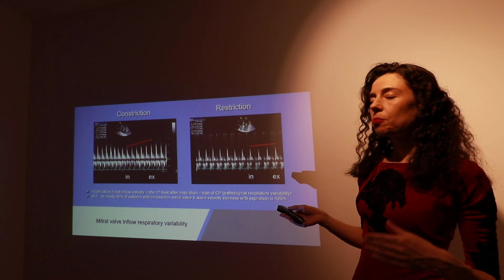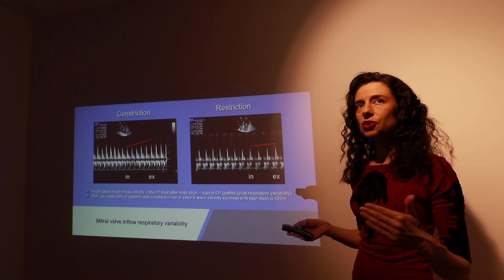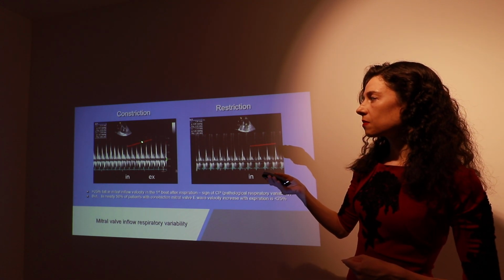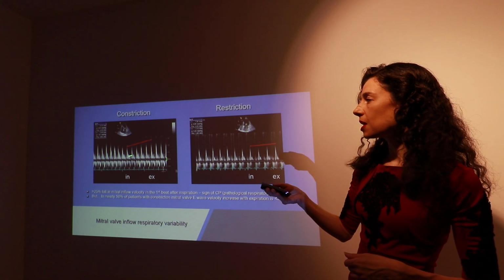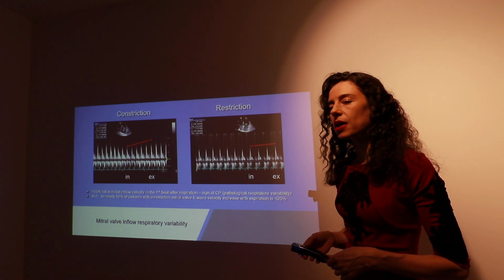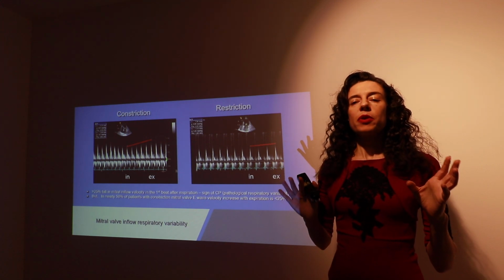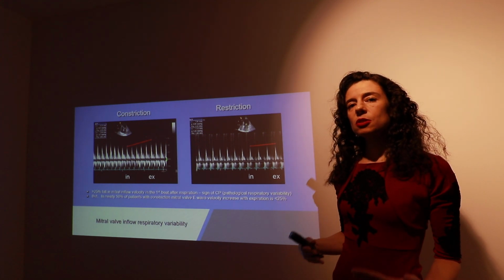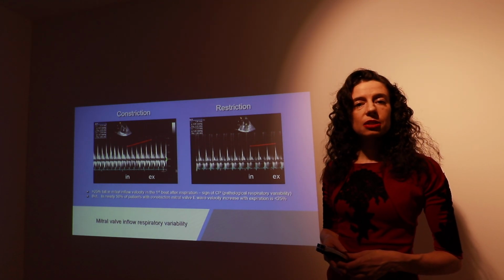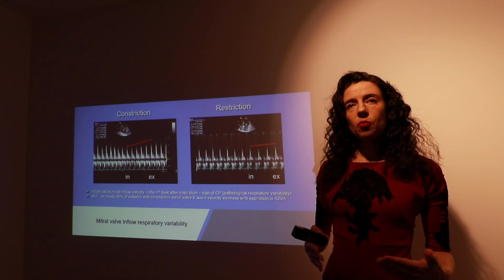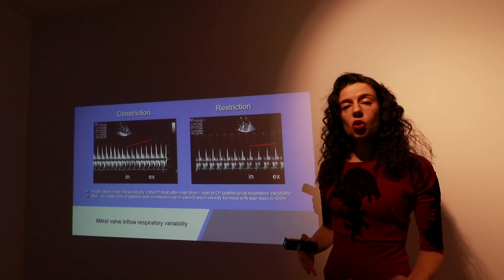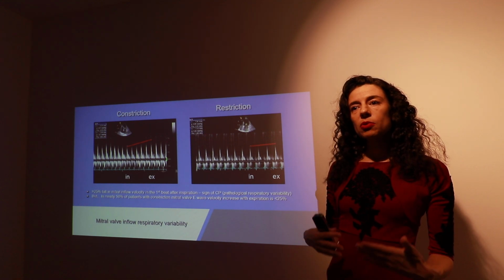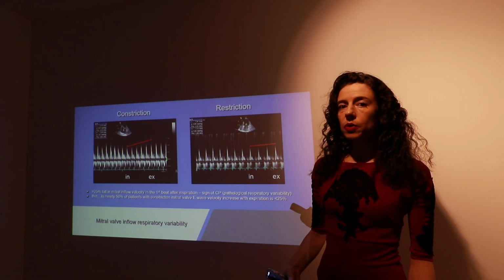It means that we have a more than 25% change in the velocity of the E wave, with an increase of the E wave during expiration and a decrease during inspiration. We should bear in mind that around 50% of the patients do not have such pronounced pathological respiratory variation. In these patients, we could ask them to dip more briefly or to sit up in bed in order to reduce the preload of the left ventricle, and so to be able for this pathological respiratory variation to